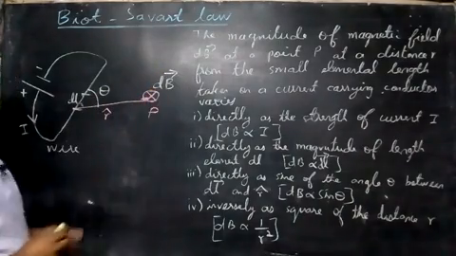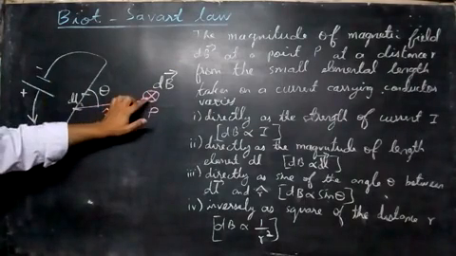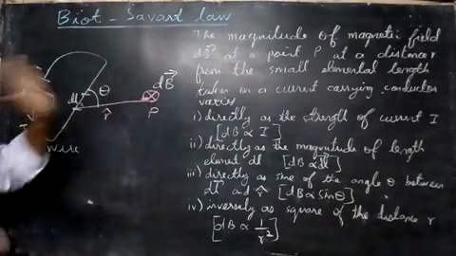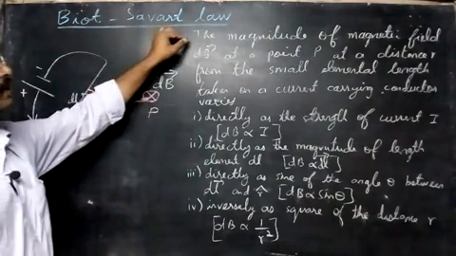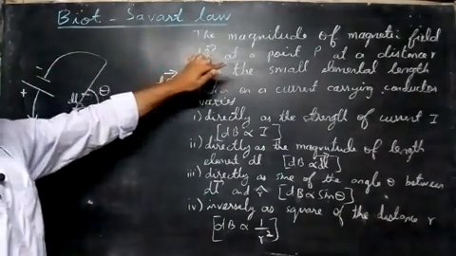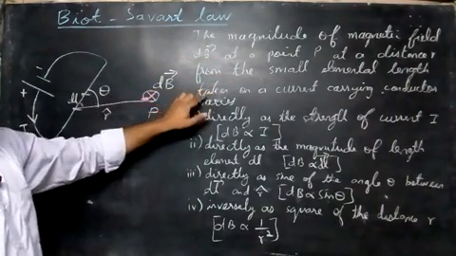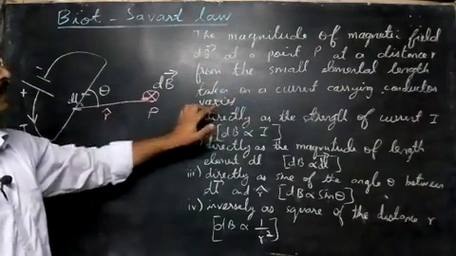When current passes through a wire, we know there's a magnetic field. So what is the magnetic field at this point P? That we must find. Let's see the statement now. The magnitude of the magnetic field dB vector at a point P at a distance r from the small elemental length dl taken on a current carrying conductor varies